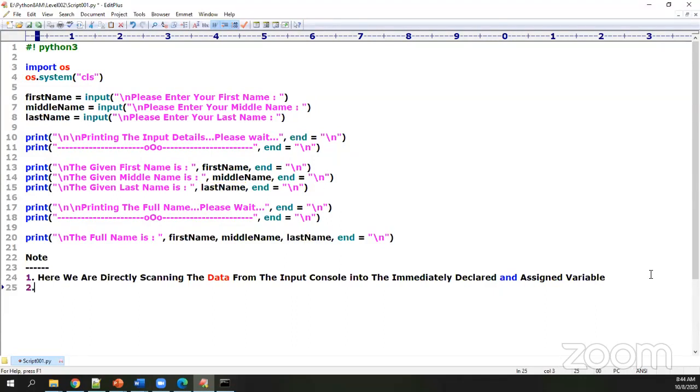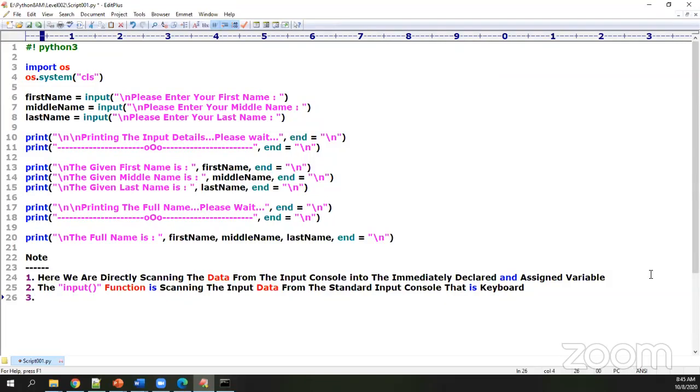The second point, the input function is scanning the input data from the standard input console, that is the keyboard. Okay, am I clear with you?